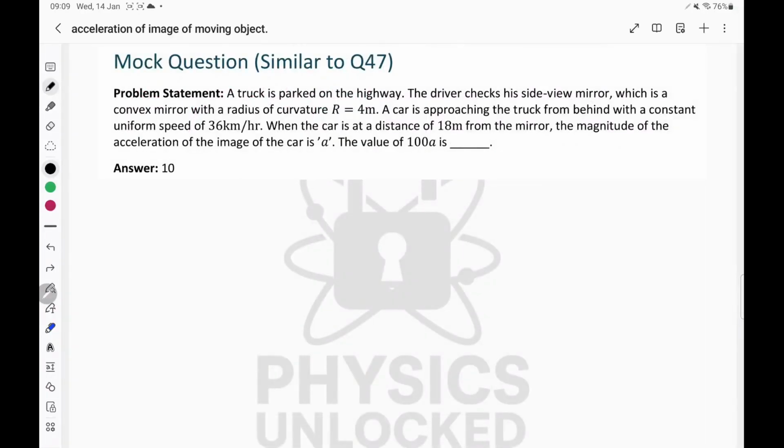Alright students, so now finally I am giving you a mock question which is of the similar nature. Here also you have to find the acceleration of the image in the side view mirror of the car, and here also you have to report the value of 100A. So kindly solve this question